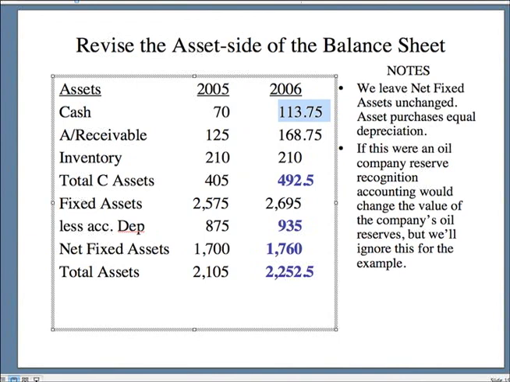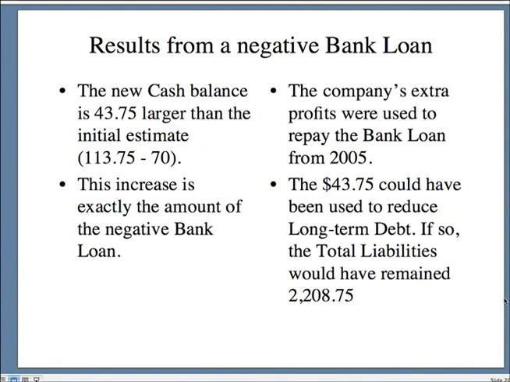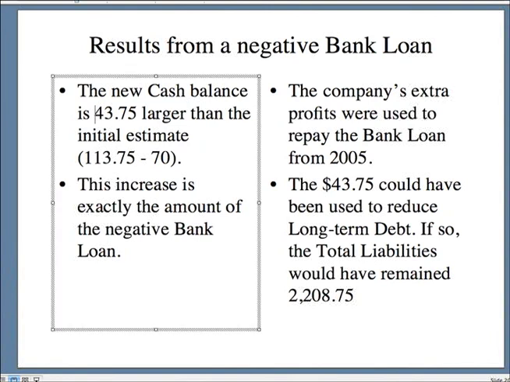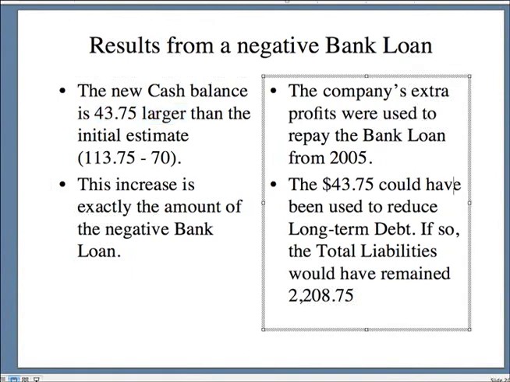So cash has increased from 70 to 113.75. It's larger by that 43.75 number, the amount of the negative bank loan. Now we could have, if we would have wanted to, used the 43.75 to reduce a liability like long-term debt. That would have left the total liabilities and equity at 2,208.75, and we would have left the asset side unchanged with the minimum cash of 70. But we didn't choose to do that. We chose to increase the cash and use that as